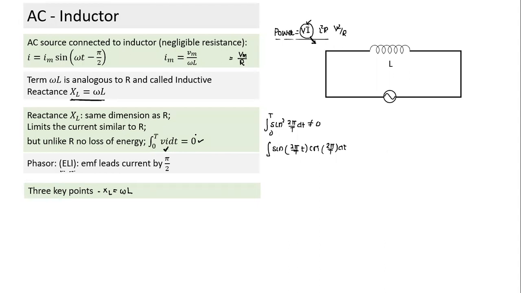As the current increases, it absorbs energy. As current decreases, it releases energy. And to confirm, the integral of Vi dt comes to 0; again we can integrate the V term and I term, and we find it comes to 0. So the Vi term, from our understanding of resistance, is nothing but power consumption, and when we calculate power consumption, it comes to 0 here.